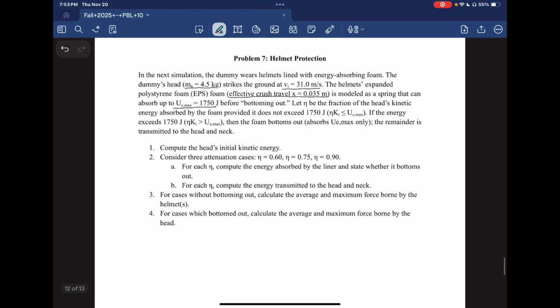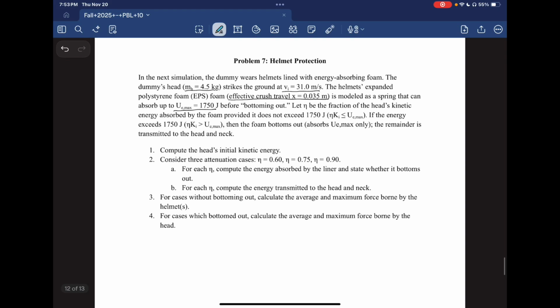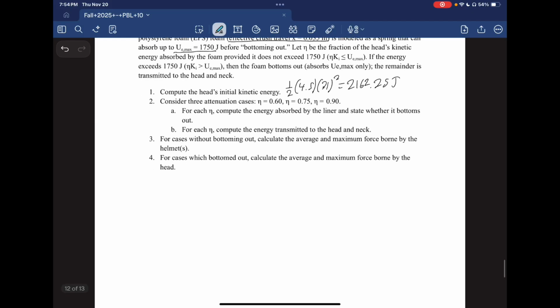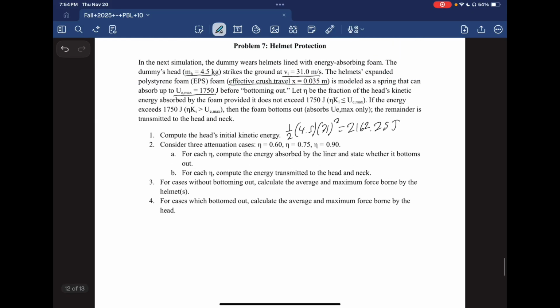Okay, that's all the information you need. So compute the head's initial kinetic energy. We just have 1/2 the mass of the head, which is 4.5 kilograms, times the initial velocity of the head, which is 31 squared. And this equals 2162.25 joules. And then we have 3 cases where eta, which is the fraction of the head's kinetic energy absorbed